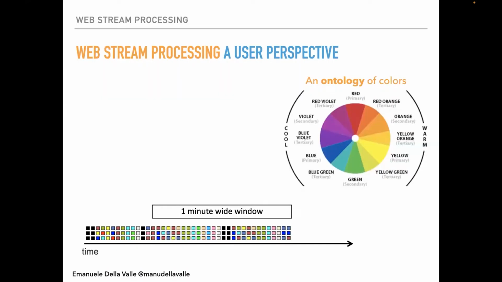Okay, so what's the perspective of this web stream processing from a user point of view? Well, the idea is that now you have ontology, but you also have the windows. So what you can do is registering queries that somehow benefit both from the streaming ability and the ontological ability of the system. For instance, if you say, which are the top 2 most frequent cool colors in the last